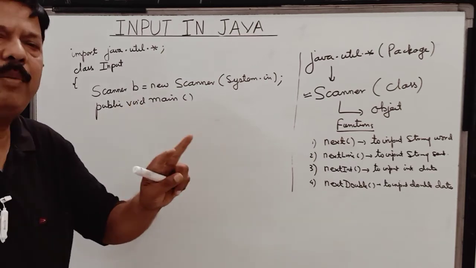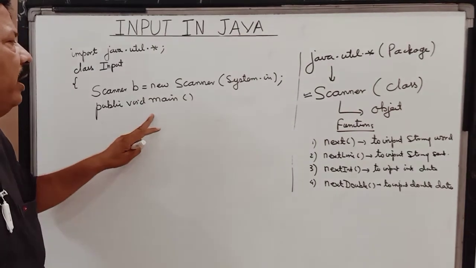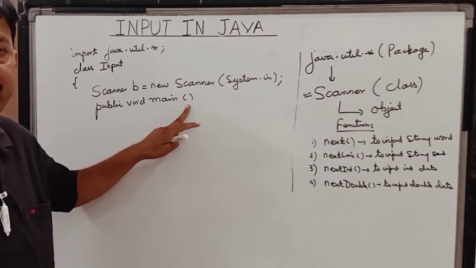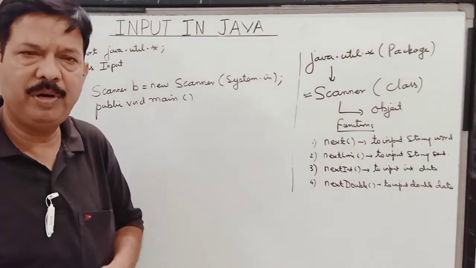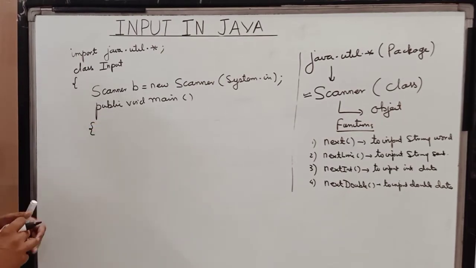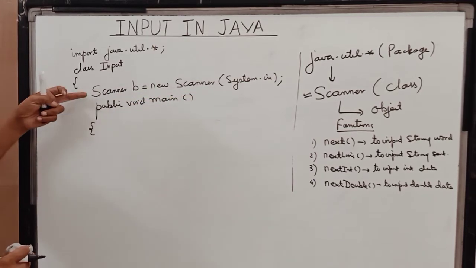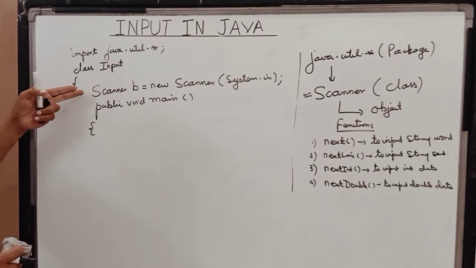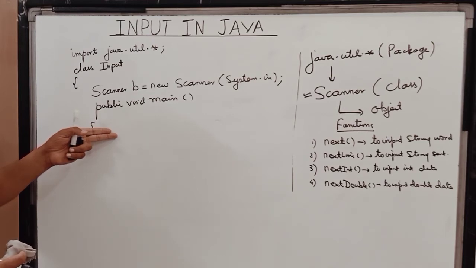And if you are running a program in BlueJ, then you can write this, and this program is going to get executed. Now here I have not entered a value, because now I want to enter my value through these functions which are available to me. Now, children, there is one more thing. This statement, Scanner B = new Scanner(System.in), you might see that in some books or some teachers even write this statement in the public void main or in the function. It can be written here also and it can be written here also.